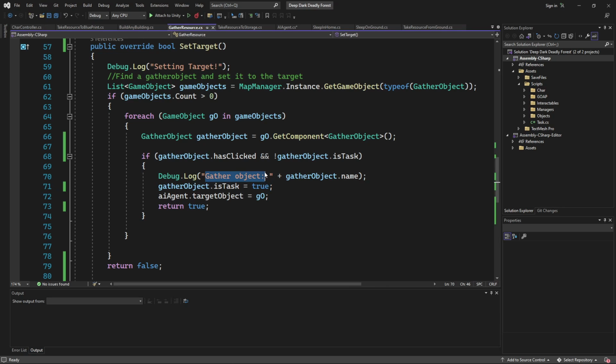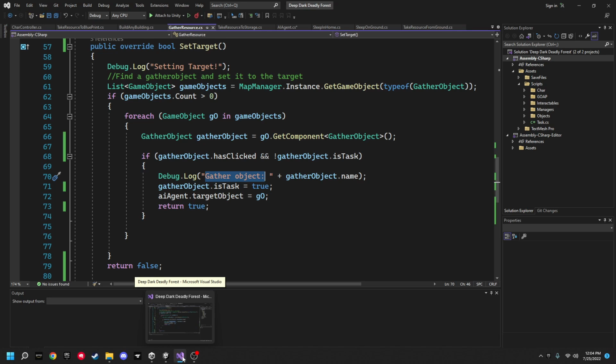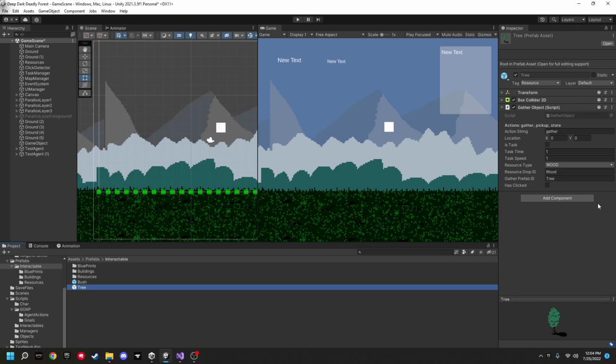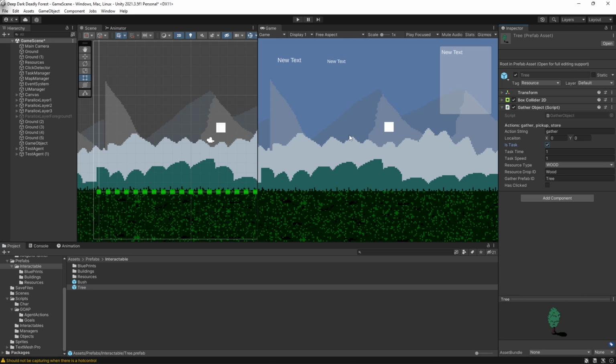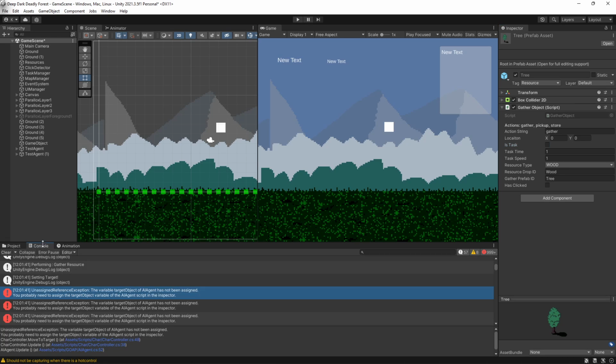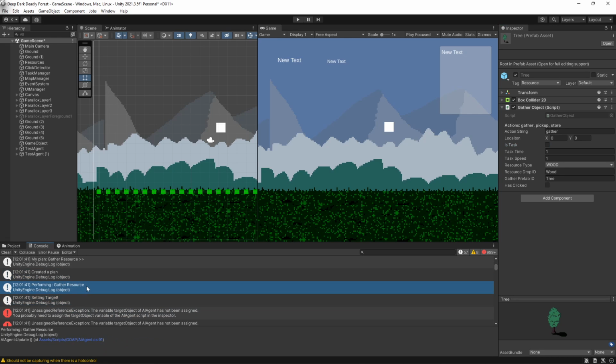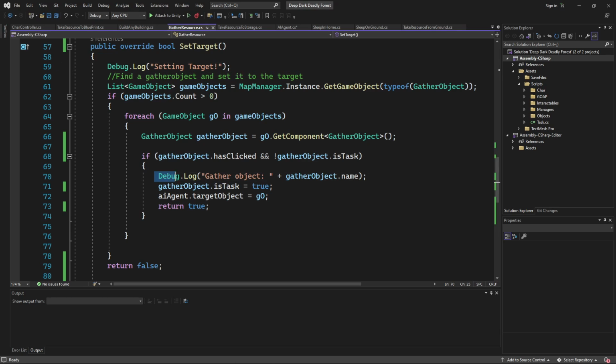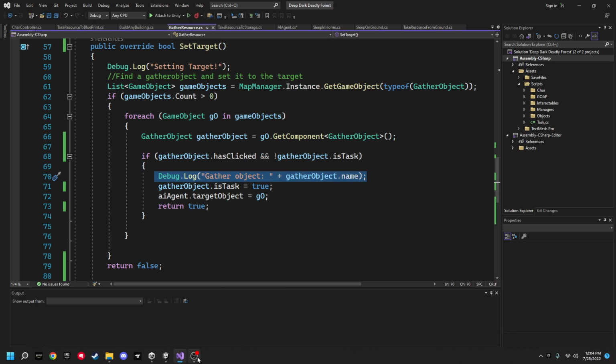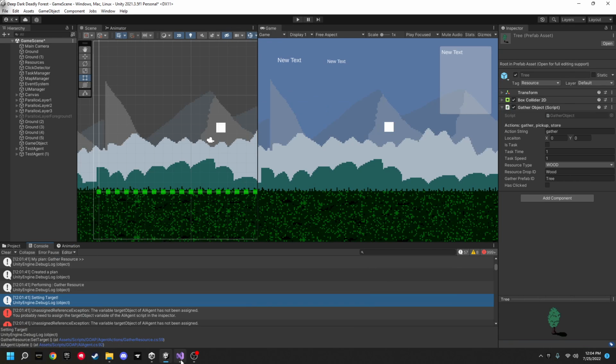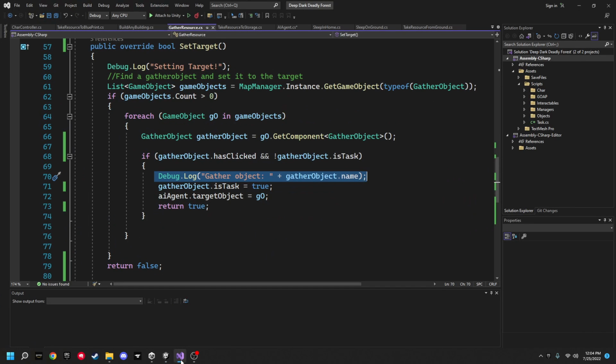Gather object. Oh look, we got to do that. Right? No. We want that. It is false. Let me see this. Setting target, performing. It never got to this here, gather object. Why not?